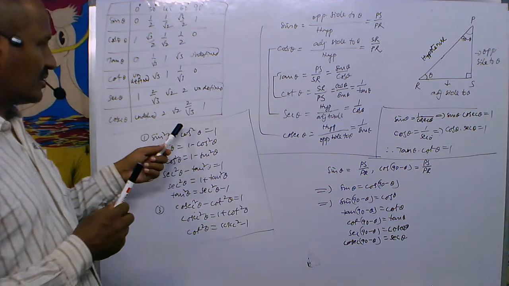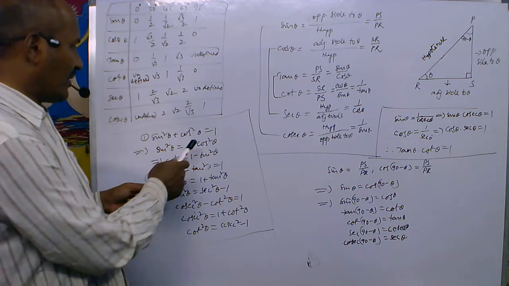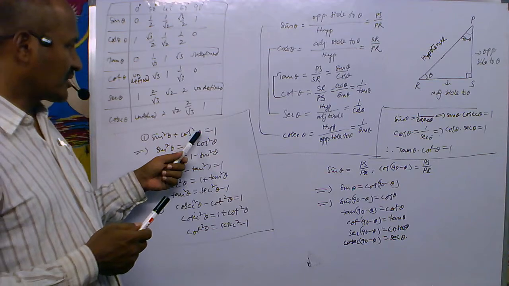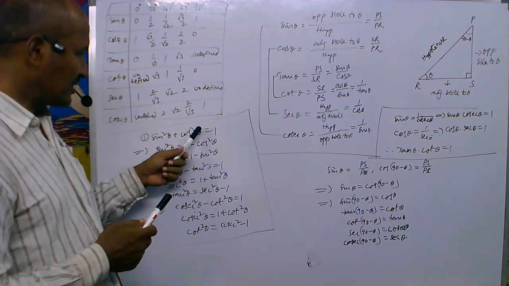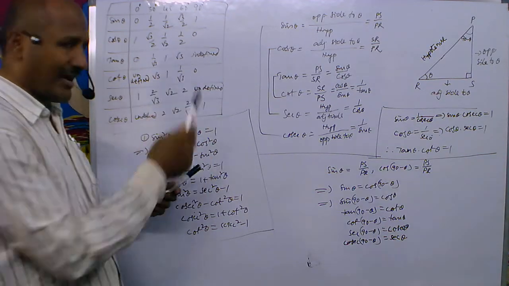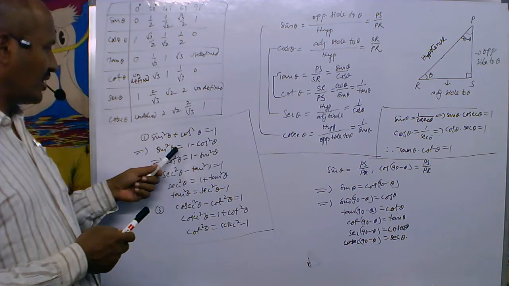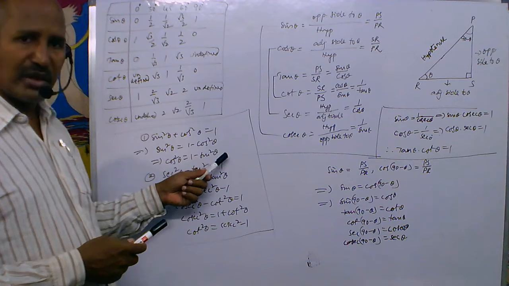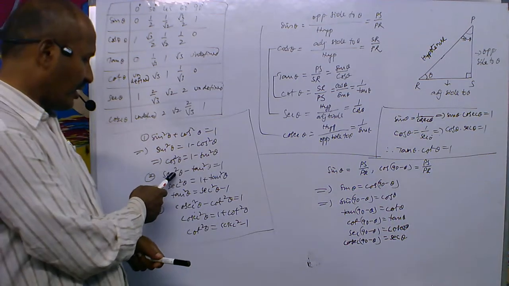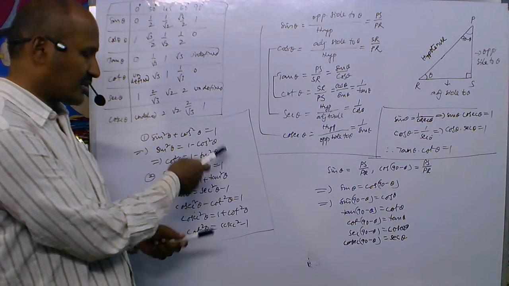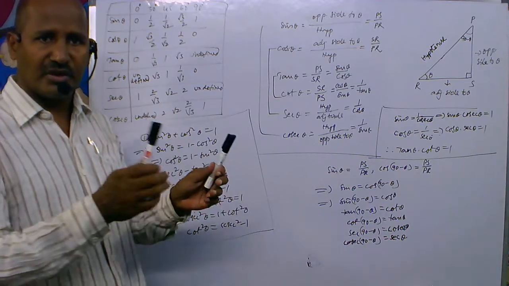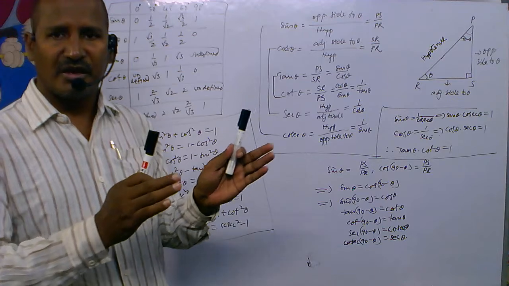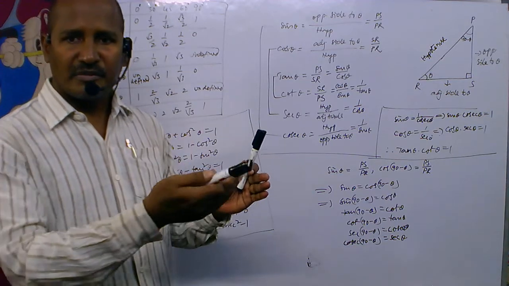Now let us come to the last concept, that is trigonometric identities. We have already proved the identity that sin square theta plus cos square theta is equal to 1. From this first identity we get some auxiliary identities like sin square theta equals 1 minus cos square theta, or cos square theta equals 1 minus sin square theta. Here secant square theta minus tan square theta is equal to 1. It is similar to a square minus b square, which you can write as a minus b into a plus b.